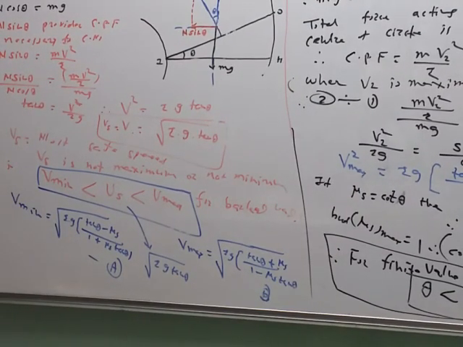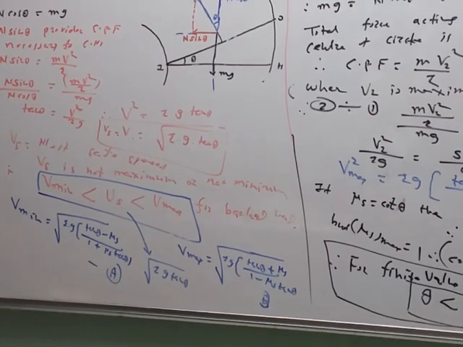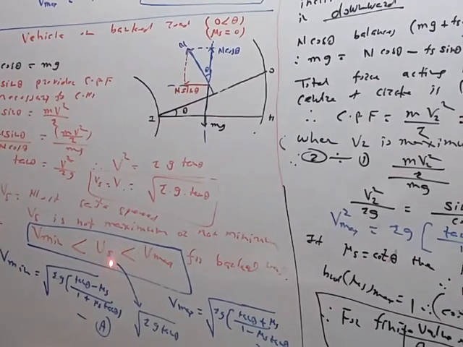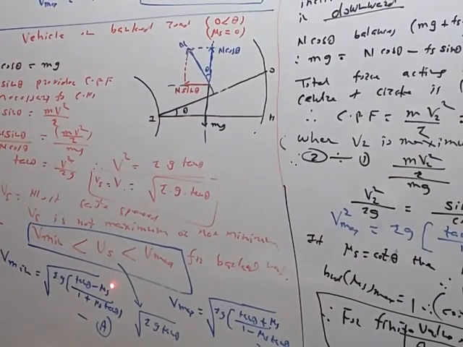Now, just now we have derived this equation. V minimum is equal to under root Rg into bracket tan theta minus mu s upon 1 plus mu s tan theta, and Vmax is equal to this much, equation B. So we know A and B. Now, if we put mu s is equal to 0 in both equation A and B, then it will be this case, and therefore we will get this relation. So put mu s is equal to 0, this will become 0, this will become 0. So root Rg tan theta. Put mu s is equal to 0, this mu s will become 0, this will become 0. So again we will get Rg tan theta.